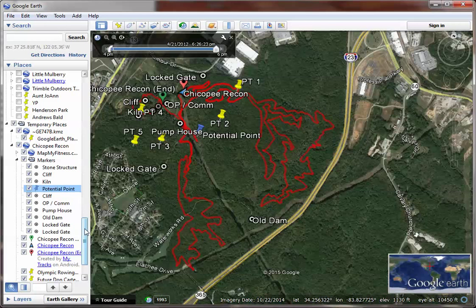So it's basically saved everything, and I've imported everything, and now I can go in here and change it, change the labels, do whatever I want to with it